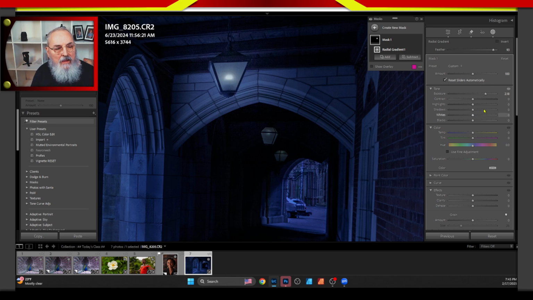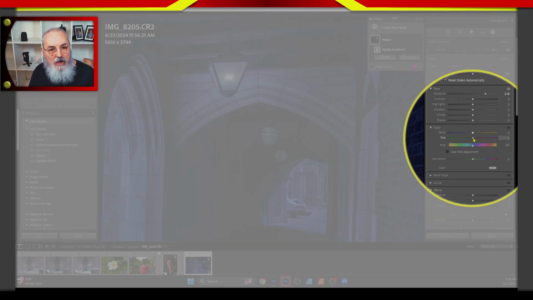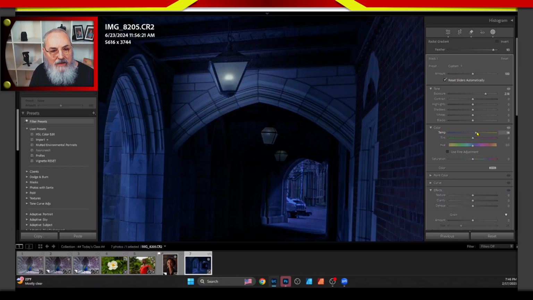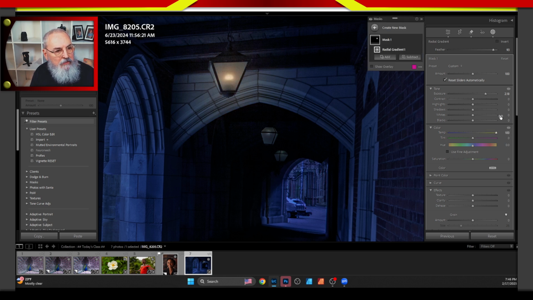All right, but these lights are very warm lights, so we need to warm this up in order to counter all the blue that we added previously. So I'm going to go to my color balance, my white balance here, and I'm going to push this to the yellow. I'm probably going to max it out. Now,